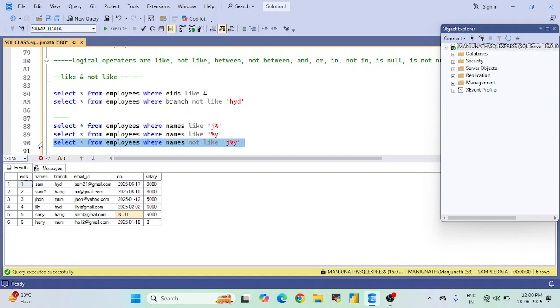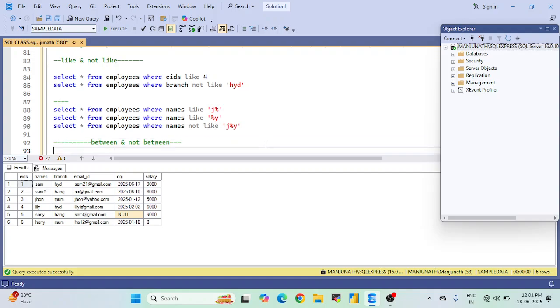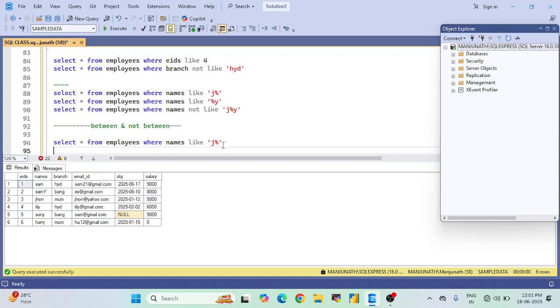So this is how we'll filter the data, like and not like, which is similar to is equal to and does not equal to, and this second one is a different scenario, quite different from the others. Between and not between, okay? Names between